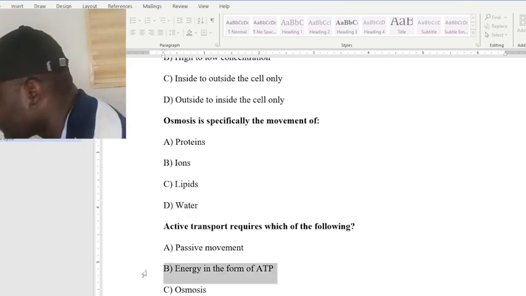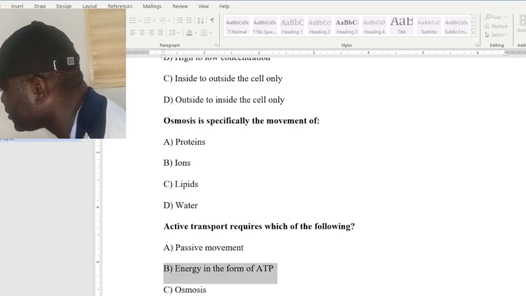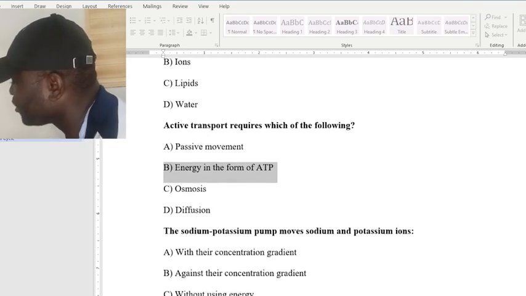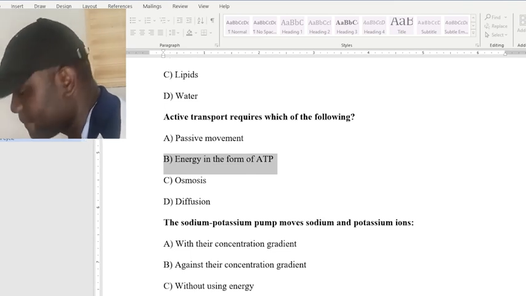Diffusion involves the movement of molecules from high to low concentration. Osmosis is specifically the movement of water molecules. Water. Active transport requires which of the following? Energy from the